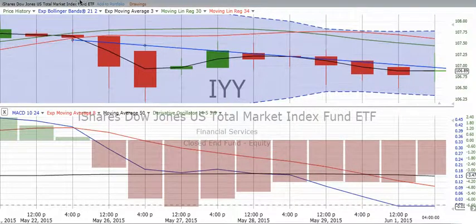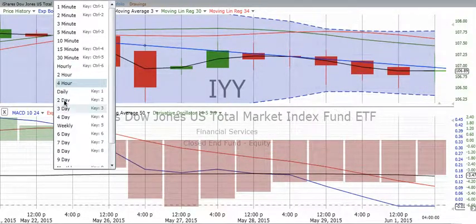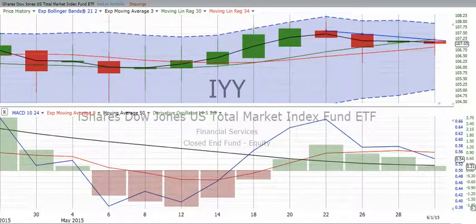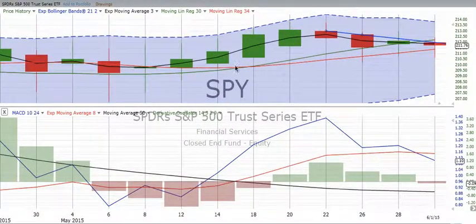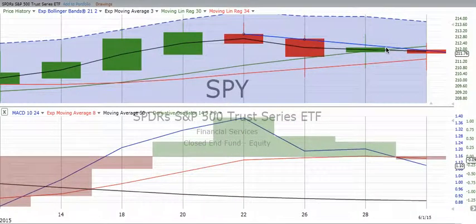Now let's go back to the two-day chart. And let's go to SPY. It is up 0.20%, so not even a quarter of a percent. Looks very similar, as usual, to the IYY. It is crossed over also recently. It is actually in a negative on the derivative oscillator. Crossed over going down between the 28th and the 1st, on the 28th of May and the 1st of June